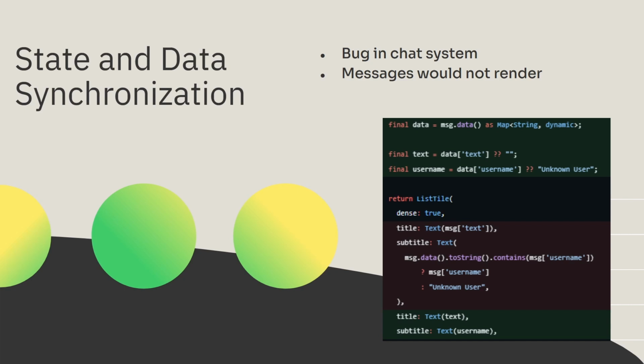A synchronizing bug that I encountered was the chat system. As I was trying to not only implement the chat system within itself, but to make it so that you could see usernames within the chat system, the chat would often break if it was utilizing an older build's chats. So I would have to go into Firebase and delete old chats, and resend new chats every time I wanted to test a build. And that really slowed me down